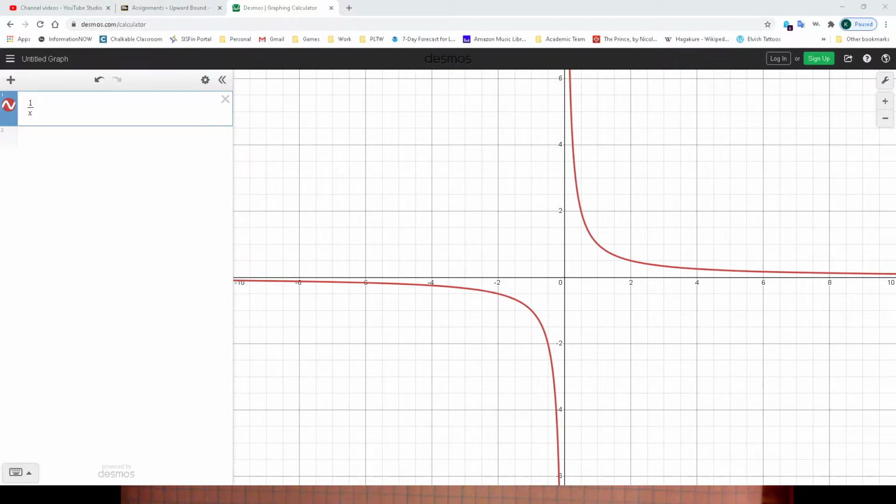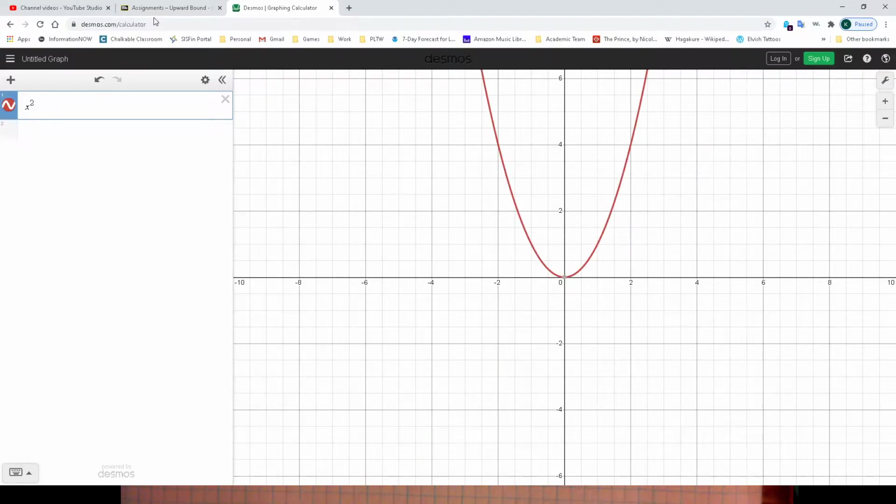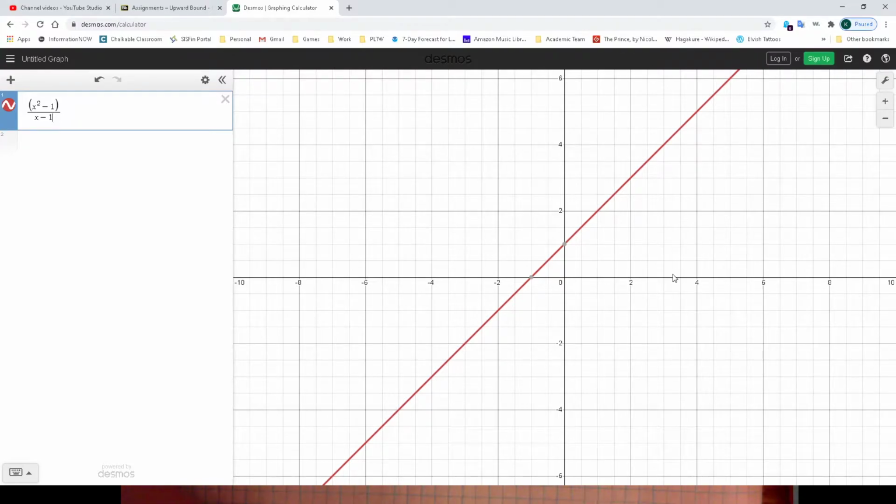Our next function is, there we go. You see that many of these are going to be rationals. x squared minus 1, divided by x minus 1. So, this is a function that looks to be continuous. In fact, if I start with my little slider here, I can see that every value exists and every value is predicted. There's just one small issue here,